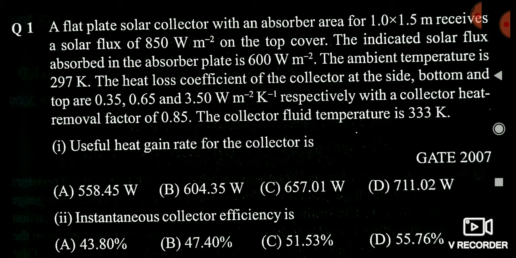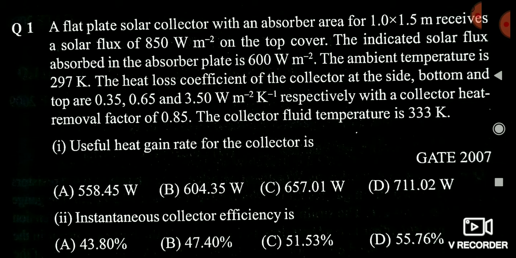Suppose one collector is there and it is kept in the atmosphere, then how is the heat lost from that collector? Means from all the sides the heat is lost. Suppose I am standing in the sunlight, means I am standing on my terrace, and the sunlight is coming directly to my body. How is the sunlight coming to my body? It is coming from all the sides. From the top it is coming, from the lateral sides it is coming, and from the bottom also it is coming. Means from all the sides the sunlight is striking my body. So this is the simple logic in this question.